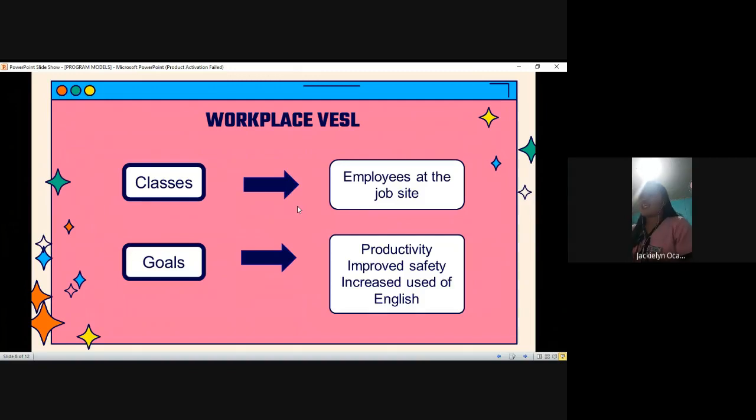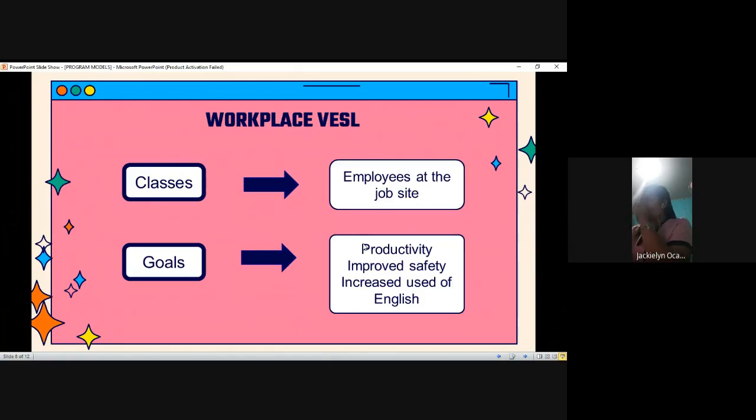workplace VESL. Classes are for employees at the job sites, and the goals are productivity, proficiency, and increased use of English. In this model, ESP classes are offered to employees on the job site. This allows the learners to have a class environment that focuses on their job as they learn the English language.